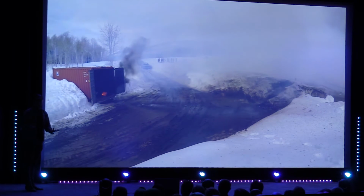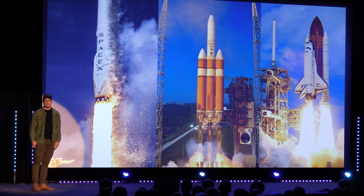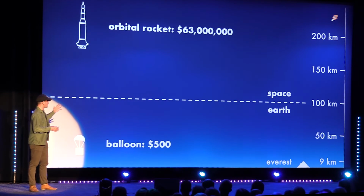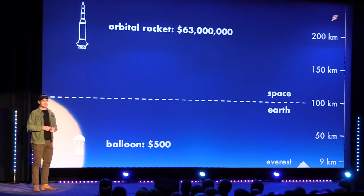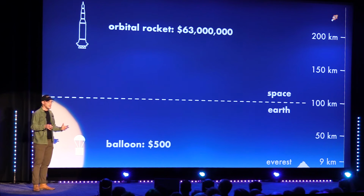Second, you're probably thinking, even if you can build rockets, how are you going to compete with the big dogs like these guys? Well, the answer is we're not competing with them. If anything, we're helping them. An orbital rocket, or one of the rockets you saw on the last slide, costs at least $63 million. So when a satellite is placed in orbit, say one that powers Google Maps, it costs at least $63 million